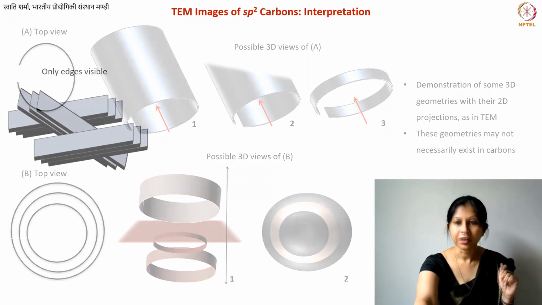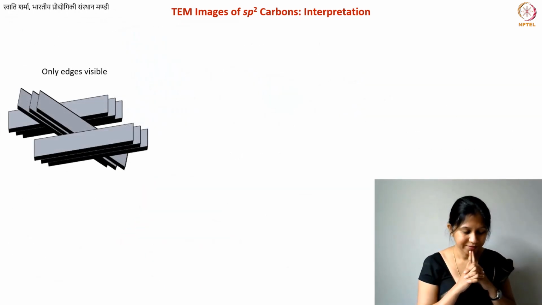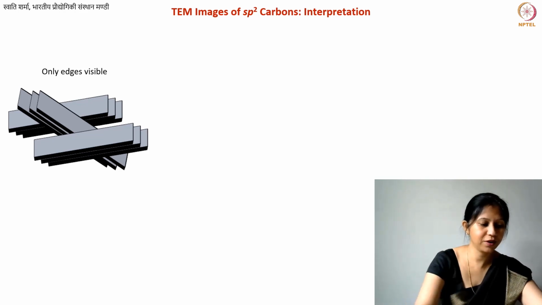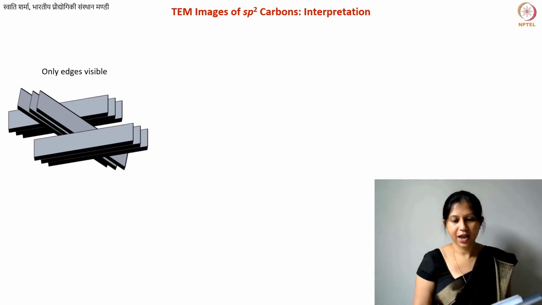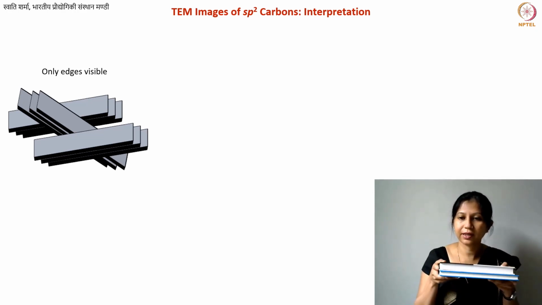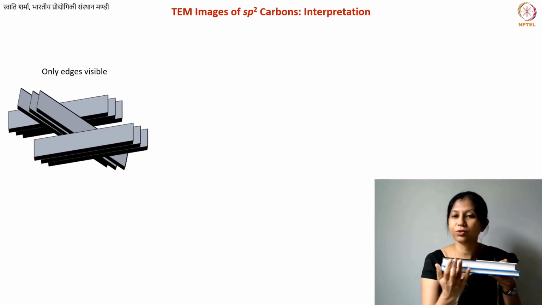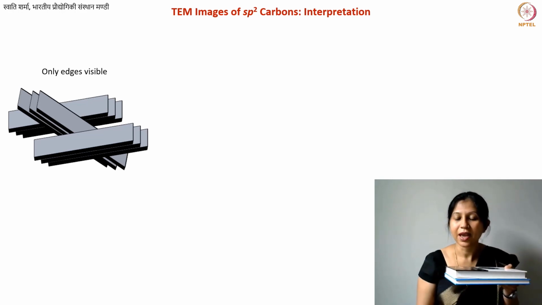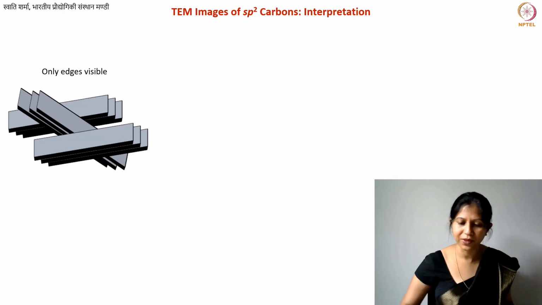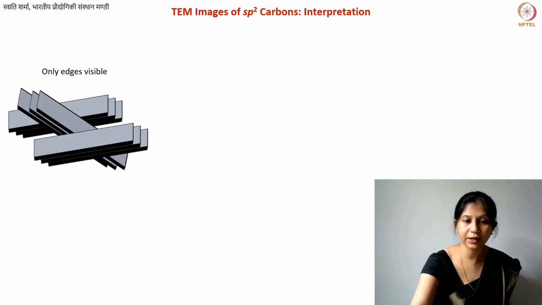Some more examples. So here is another example. This is a kind of structure you will often see. So if I have these two things here, these two planes, so let's say this is how they are stacked, and what you see is just these lines. And you will often have these lines and then also some intersecting planes and so on. This kind of structure you will often find.